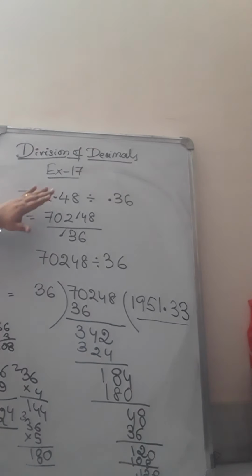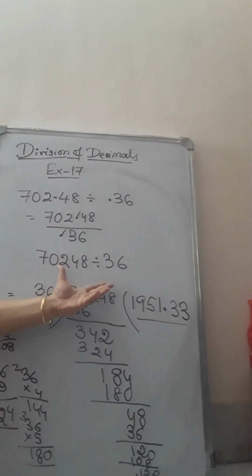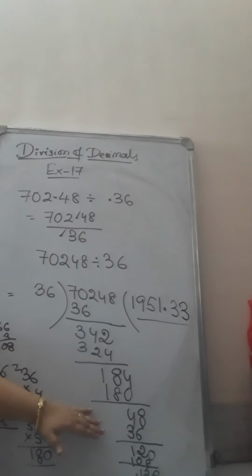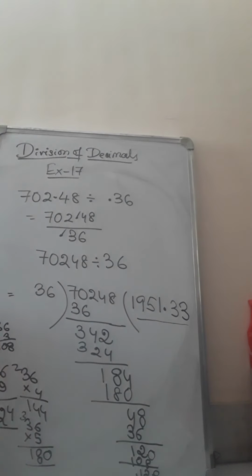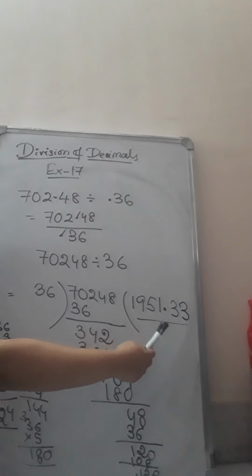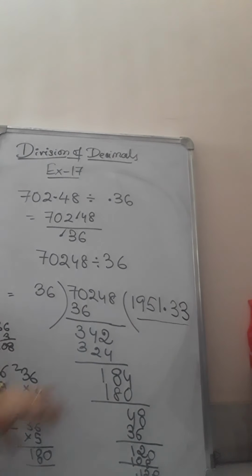So first what is happening? The point is going away because you have the point before equal decimal places. Then, neglecting the point, the sum is reduced to a division of pure numbers. And once you start the division, you see that you have to place a point and add a 0, otherwise division is not possible, as the number is lesser than 36. So to make the number more than 36, with 12 we have taken a 0. And then if you continuously divide, you will find that 36 threes every time will come. So we just move after 2 decimal places and stop there, and that is the answer.